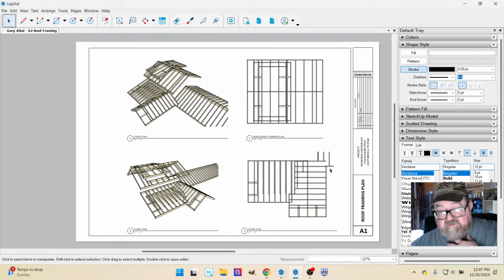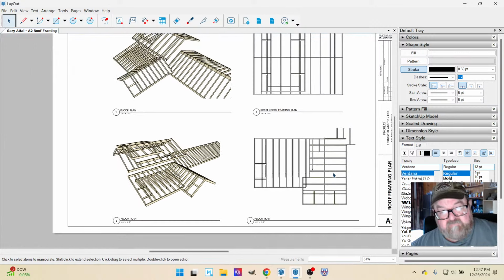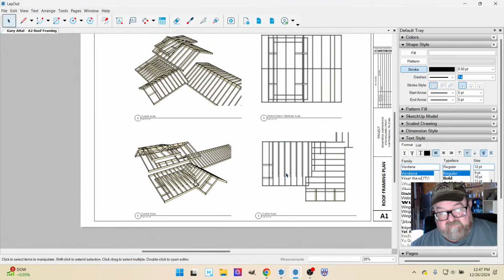So that's the, and what I'll do is I'll come back and put dimensions, and of course I can't put rafter dimensions on a two-dimensional plan, but